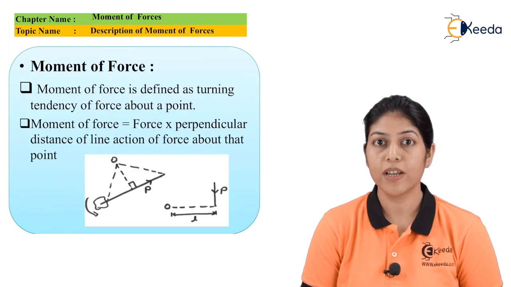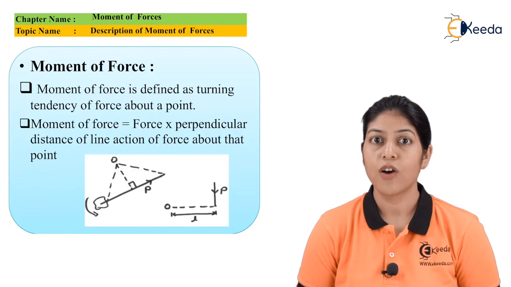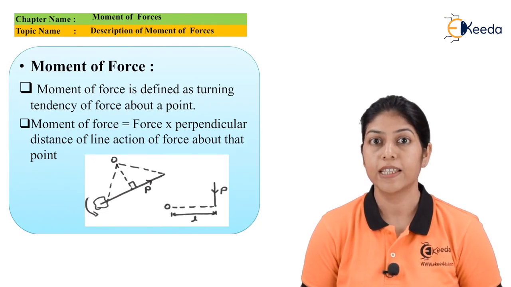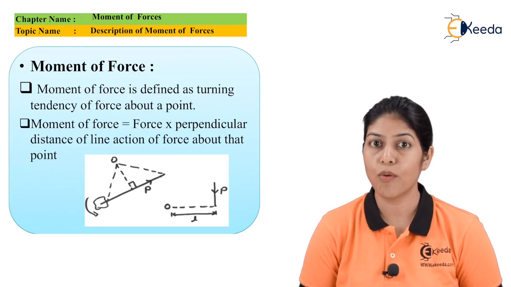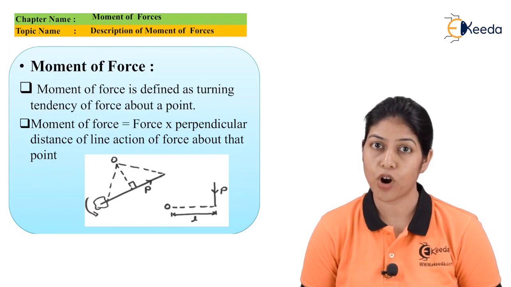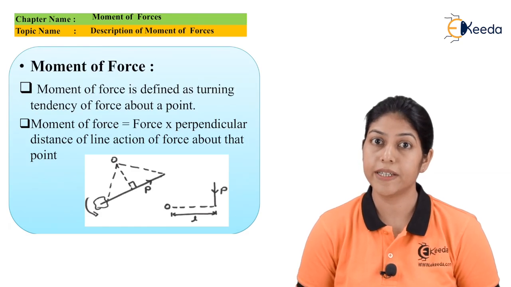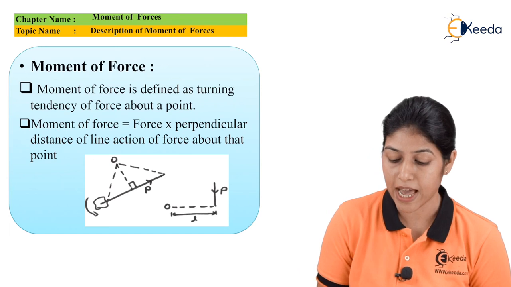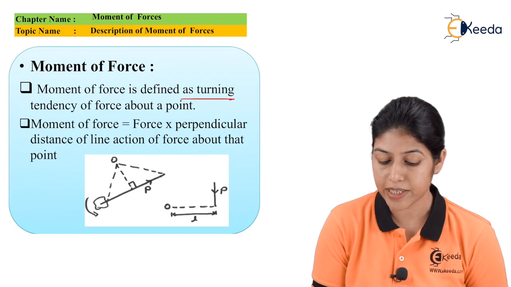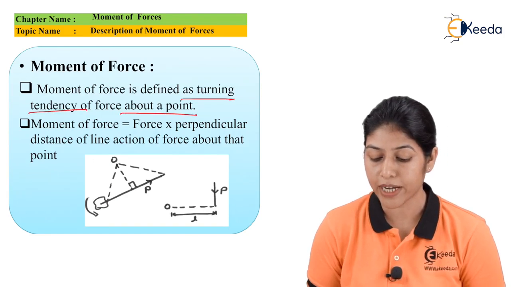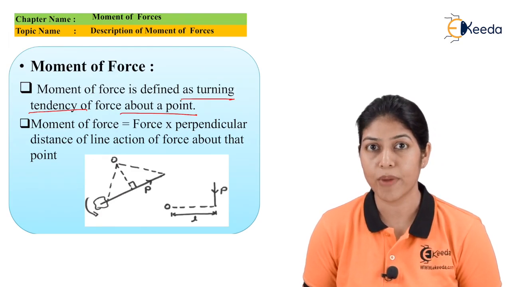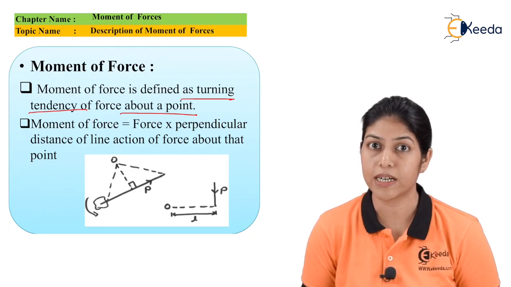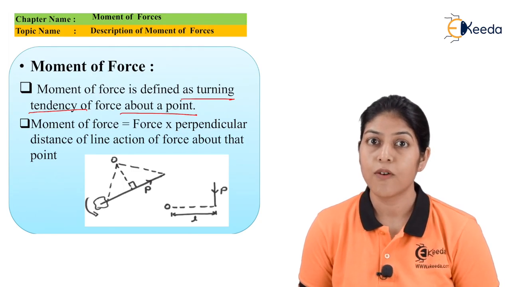Basically, moment we consider as force into distance. This is the definition, or we can say this is the formula of moment. Moment always represents the product of force and distance. So if we want to define the moment, moment is represented as the turning tendency of force about a point. That's why we represent moment as force into distance, and that particular distance we consider as the perpendicular distance from a